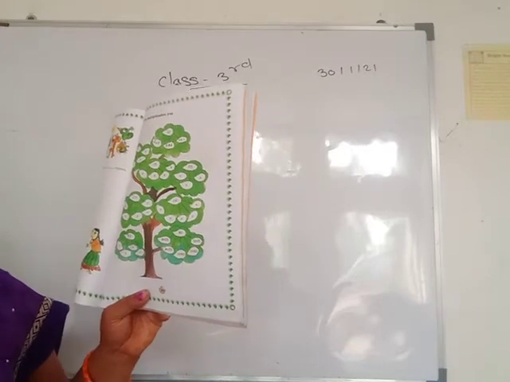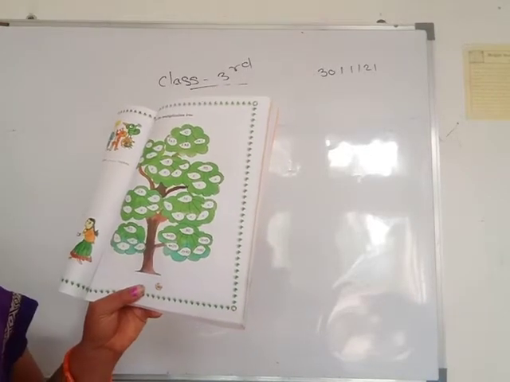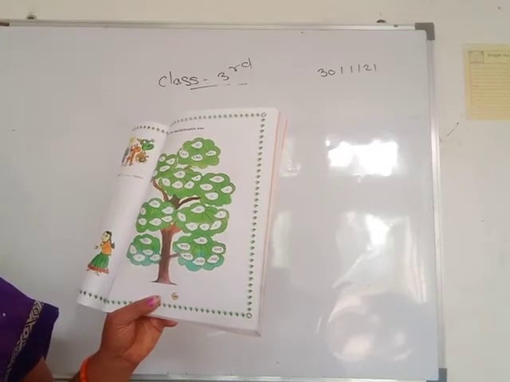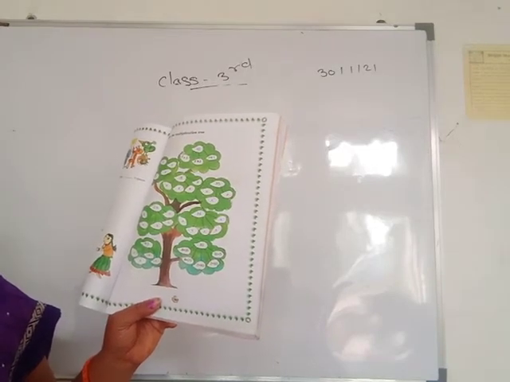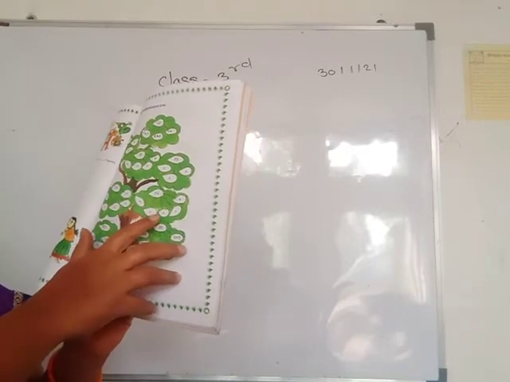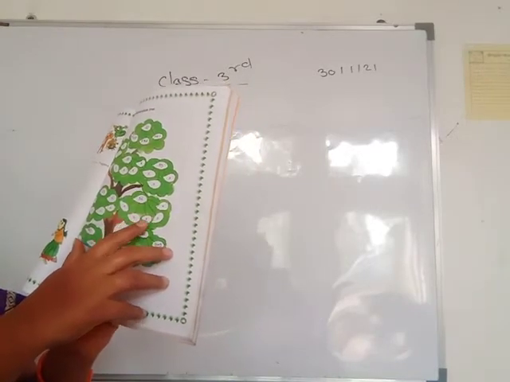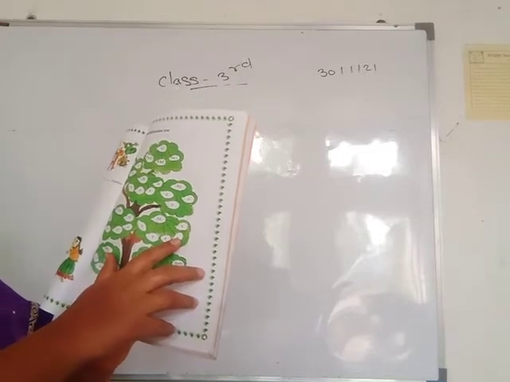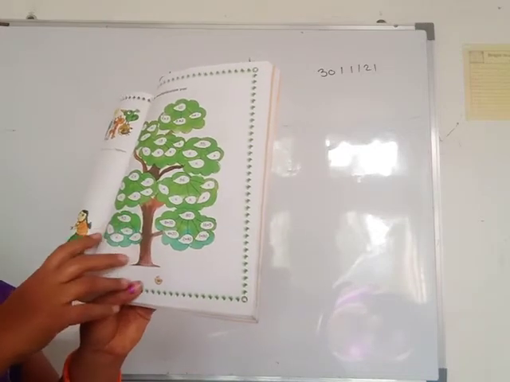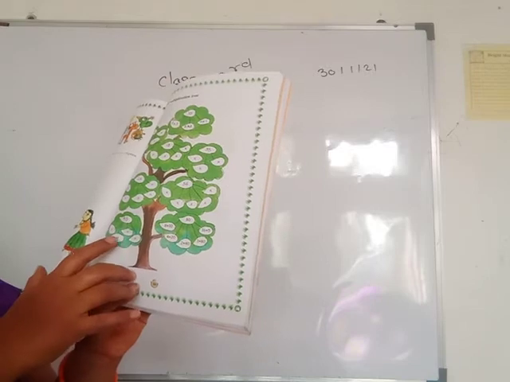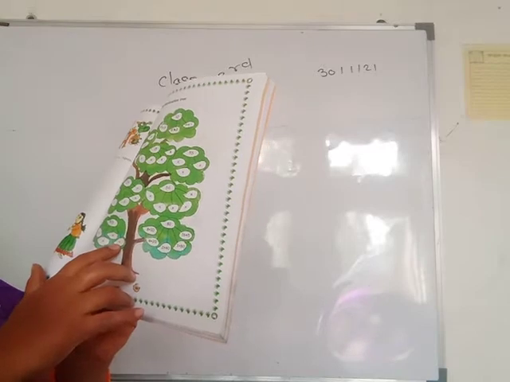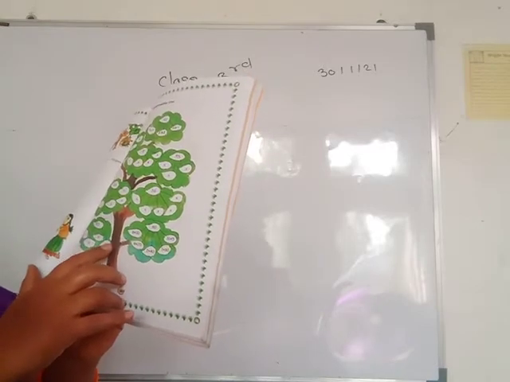Then the next number you see here is 36. You write the multiplication of numbers whose answer is 36: 18 twos are 36, 36 ones are 36, 9 fours are 36, 6 sixes are 36 and 4 nines are 36. Then the next number you see here is 45: 9 fives are 45, 45 ones are 45, 5 nines are 45, and 15 threes are 45.